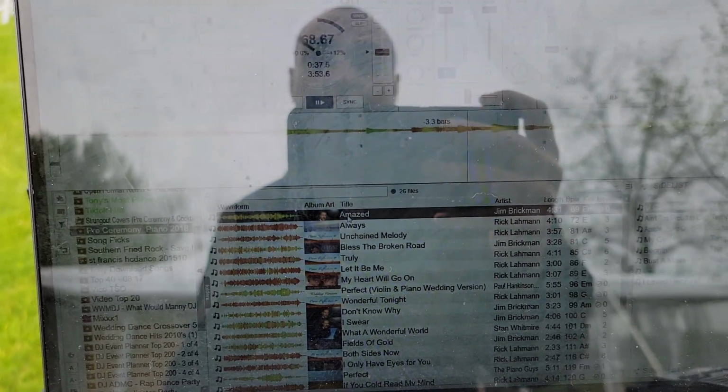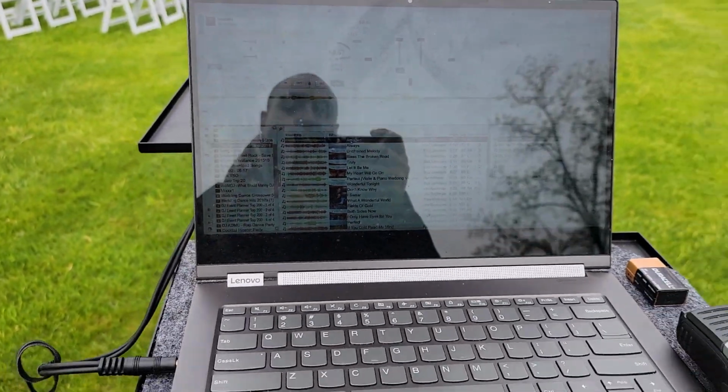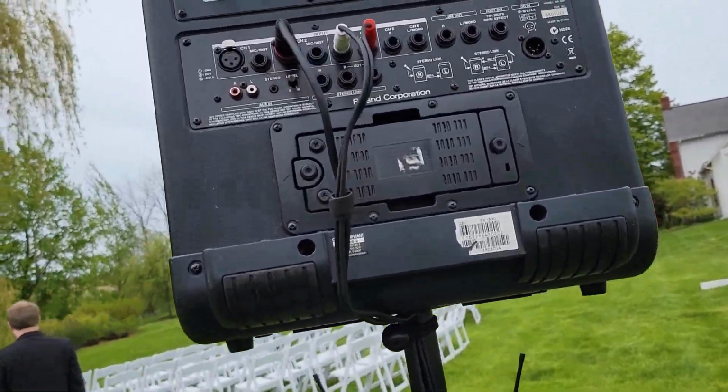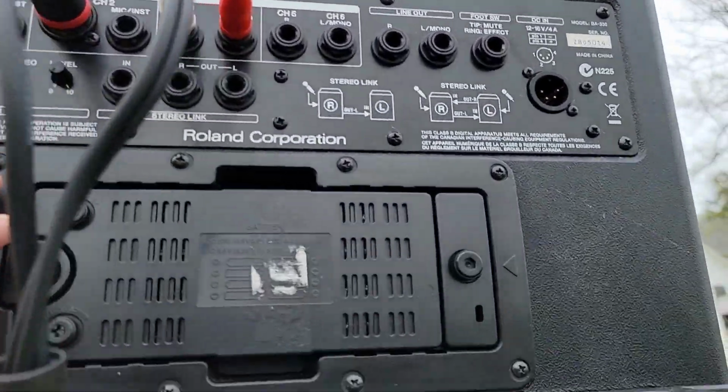And we've got a laptop, and yes, I do my ceremonies with a laptop. I do not use a tablet. Sometimes I'll use my phone or a tablet, but most of the time I still like to use my good old laptop. The thing I love about this speaker, you could see right here, it has a 6-channel mixer, and